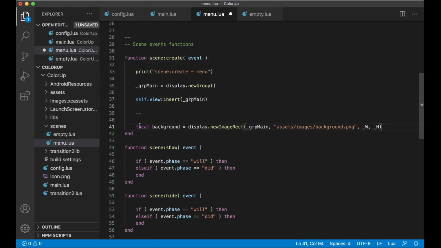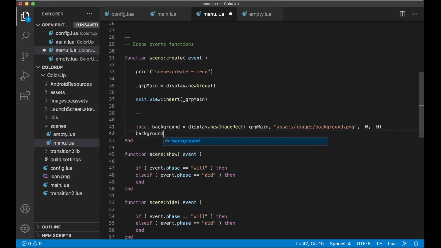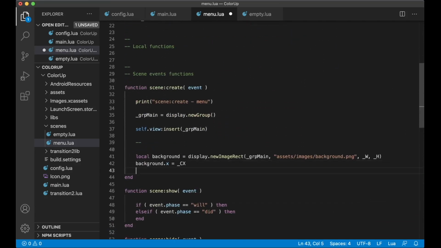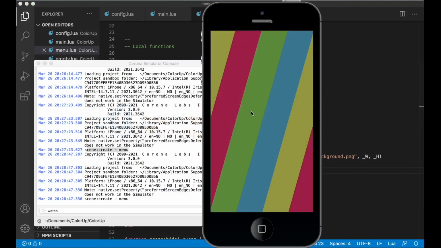And to create the image we say local background, display new image rect, so it's rectangular, and we want to insert this in group main. And this is the path to the image, and we want it to fill the whole width and the whole height of the screen. And to place it on the screen horizontally, we say background.x equals _cx, which is a reference to this variable. And we also need to do the same in the y-axis, cy. So if we save now, and go back here, we will see that we have a new background for the